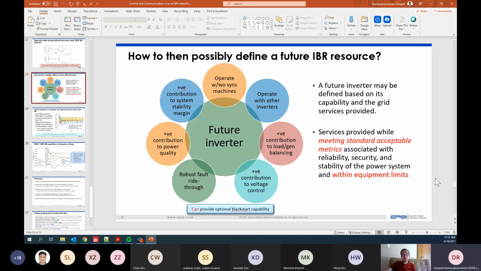they can have internal definitions that product X has control algorithm Y, we will call that grid following. Product Gen X has control algorithm Gen Y, we will call that grid forming. Then there, it depends, the definitions can go into the control realm also in terms of the way we define grid forming. Now, then there's the other definition from a conceptual perspective, that is, how do we conceptually understand what is